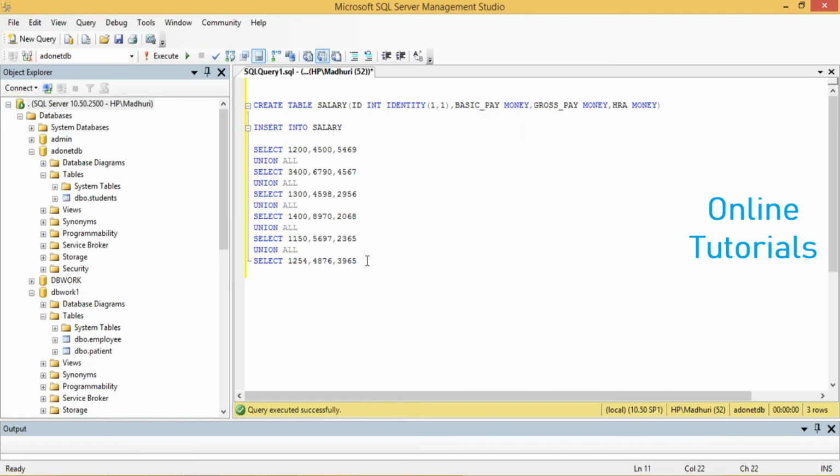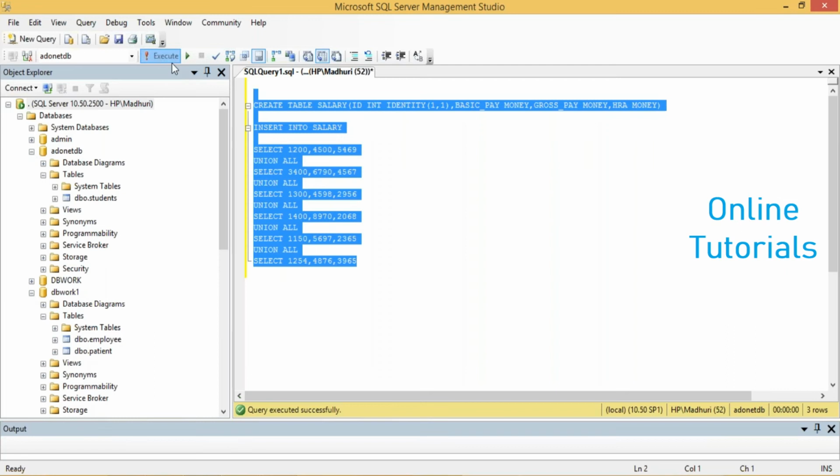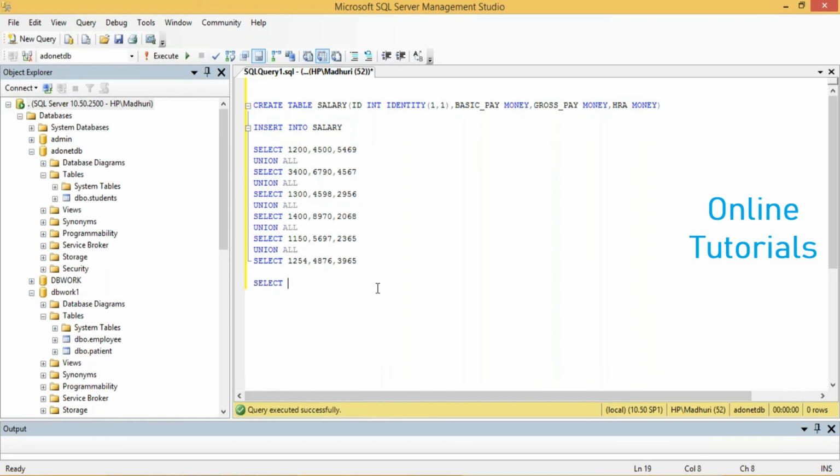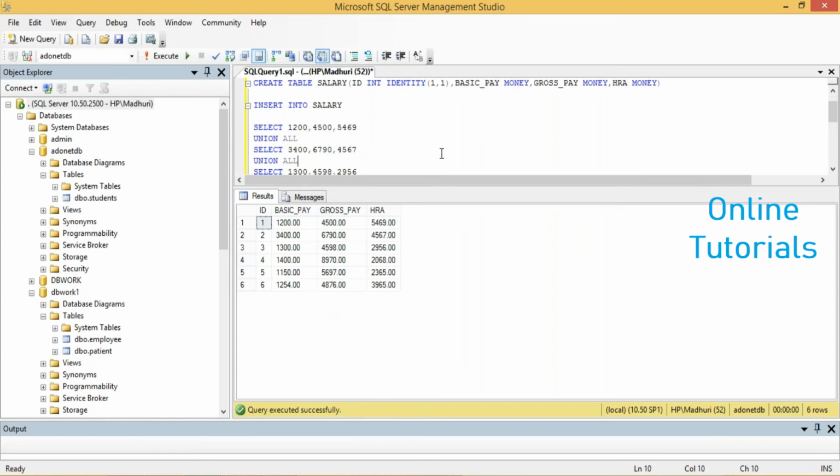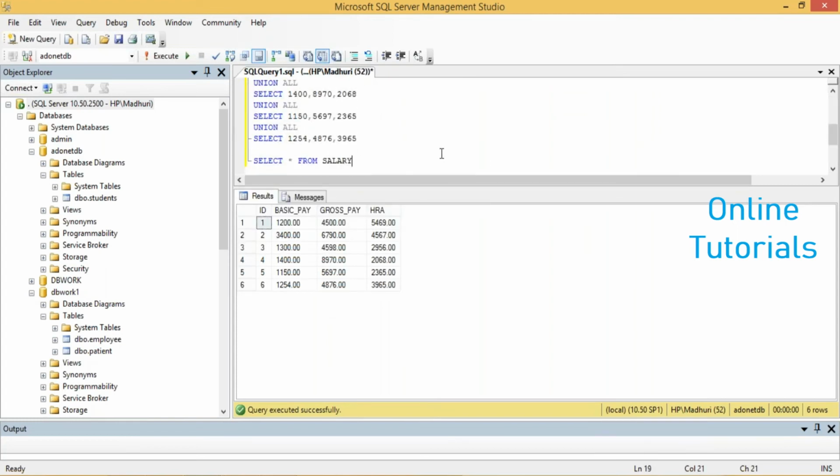So I'm just having a table which is having the proper salary details, which means I have all the salary structure things. Select star from Salary. So I have the salaries like this. So my requirement is I just want to get the total salary. So how you can do the total salary: basic pay comma gross pay comma HRA. I just want to use everything